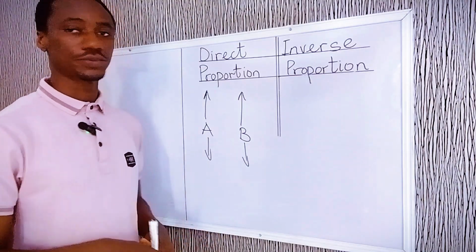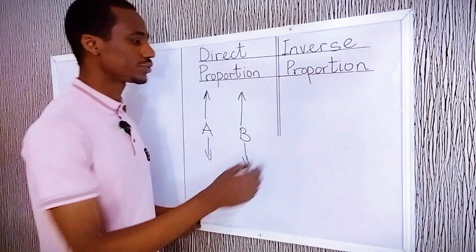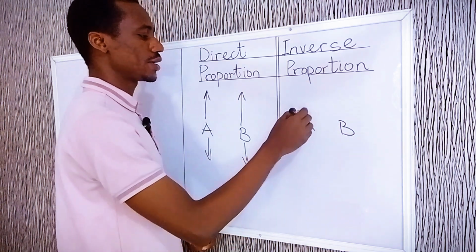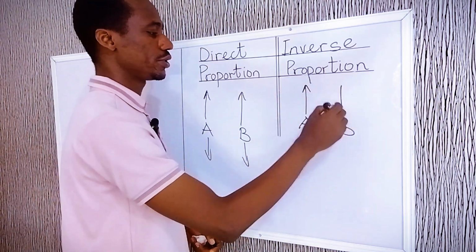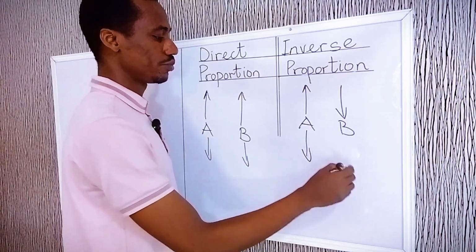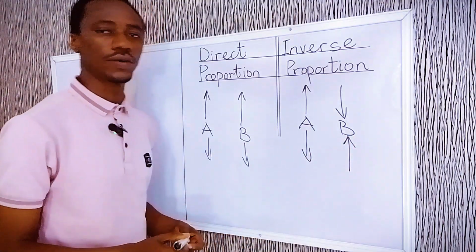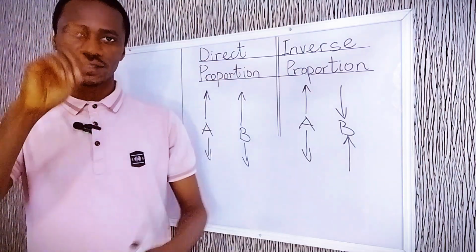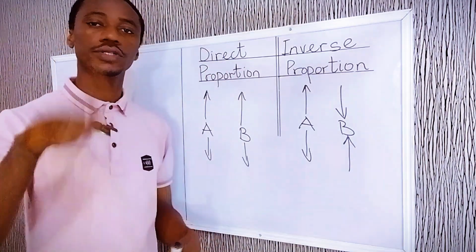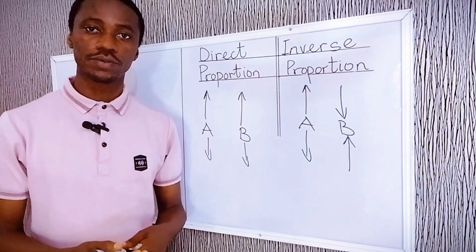So that's direct proportion. But in inverse proportion, let's say you have A and B. As A is going up, B is going down. When A is going down, B is going up. So that's the inverse, indirect. This one is going down, the other one is going up. And a very good example is